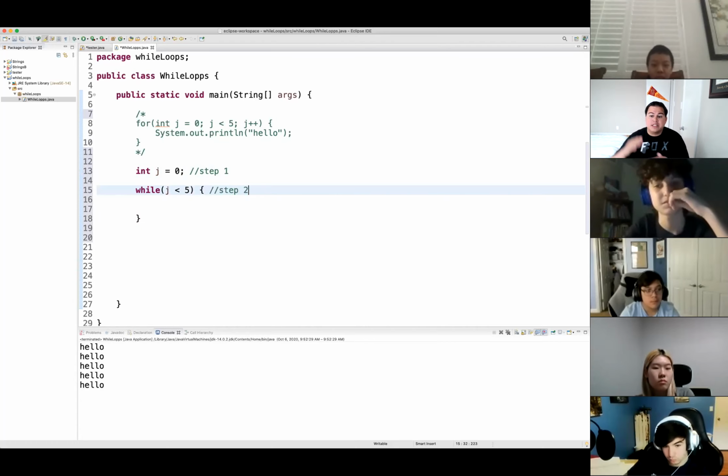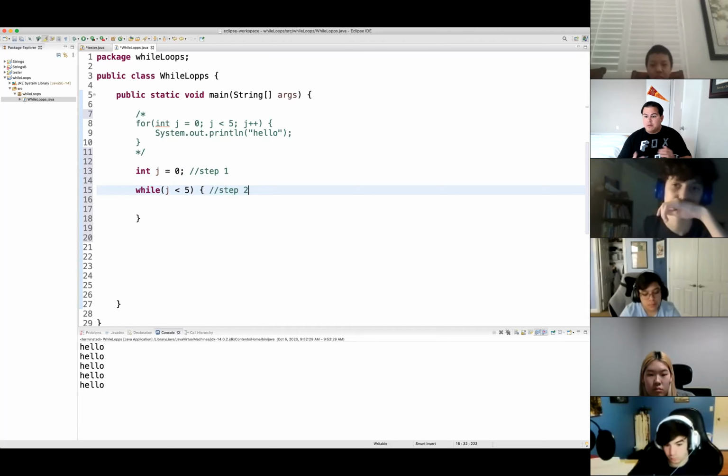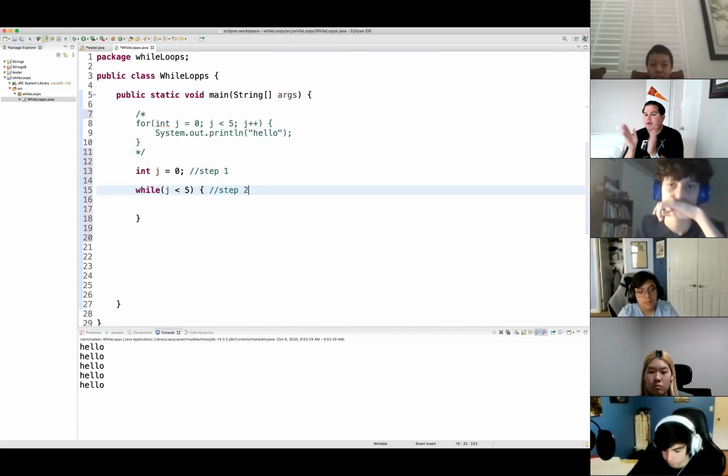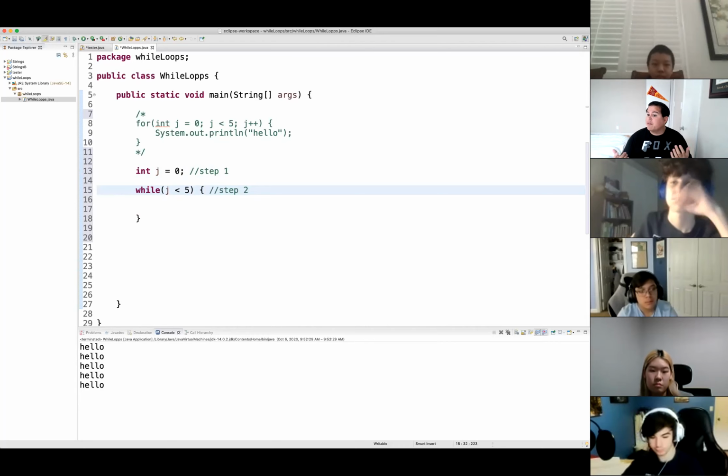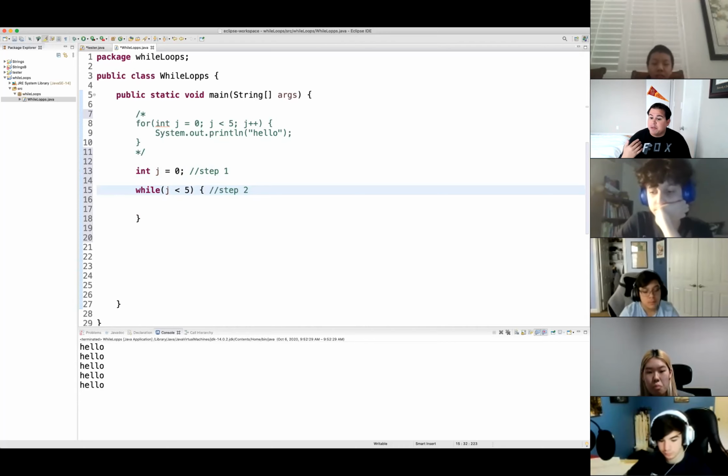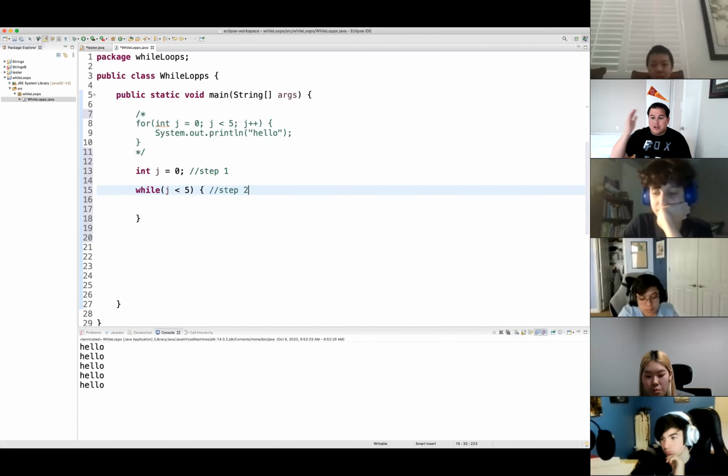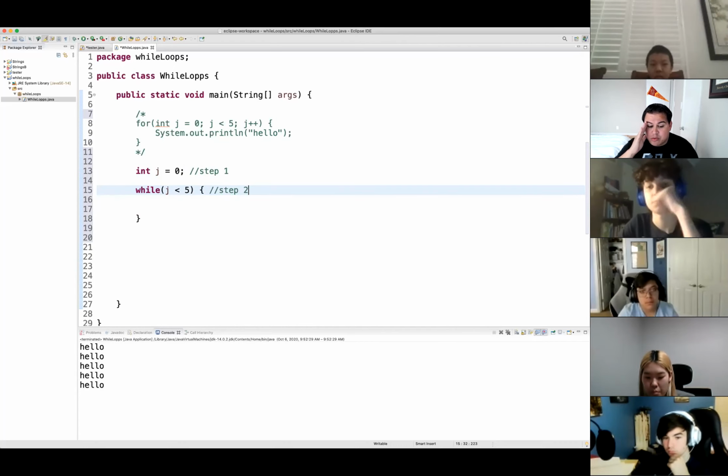Now, it's a little bit more chronological, and a lot of my students actually like using while loops a little more than for loops, and that's okay. So when you get into it, whatever your user preference is, perfectly fine. The one thing I do ask, believe it or not, I'm very good at associating which student likes to use which loops. So if you do like using while loops more in the future, just give me a heads up. Like, hey, Marty, just give me a heads up. I like while loops. I'll probably use them more often, and I'll associate with you. And believe it or not, that switches my brain really quickly when it comes to grading, okay?